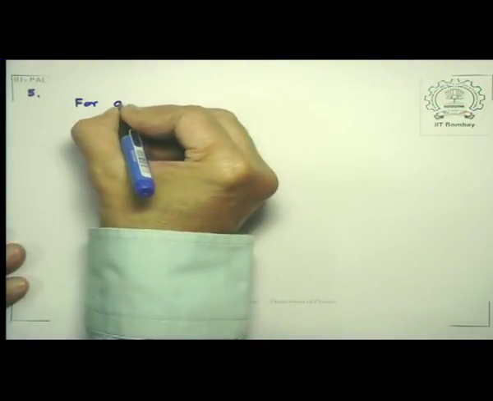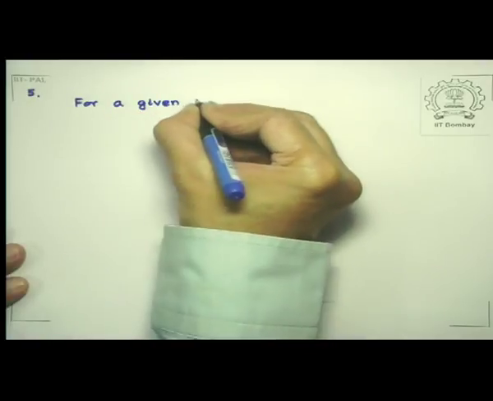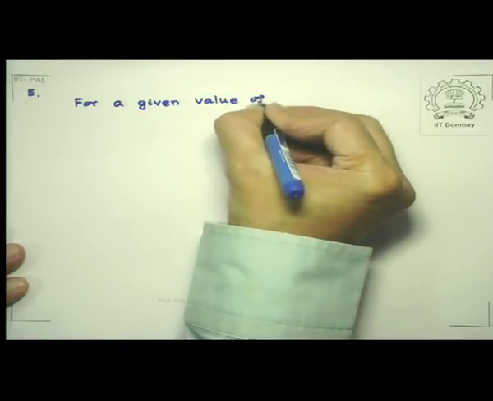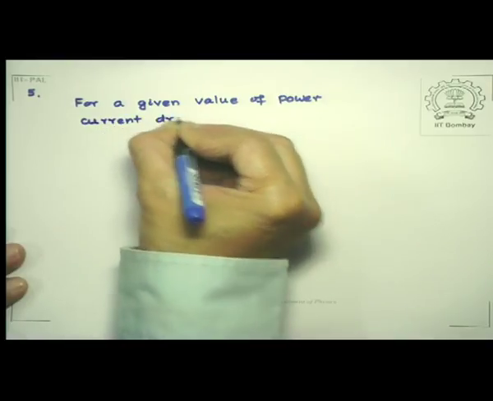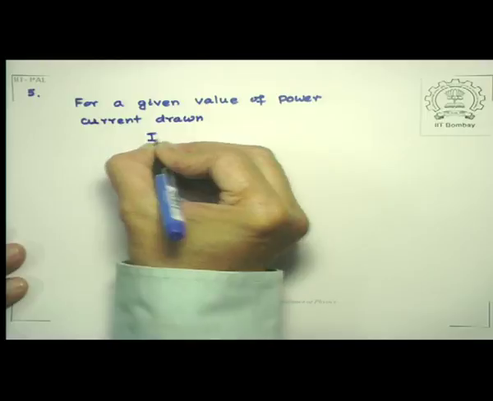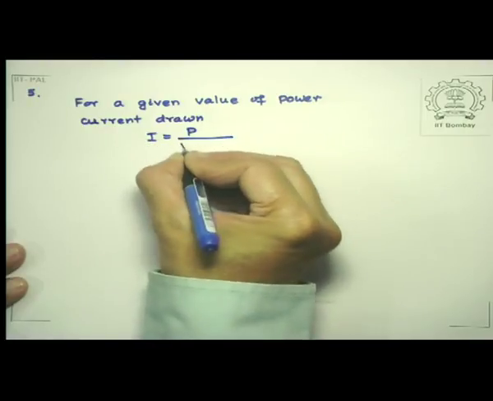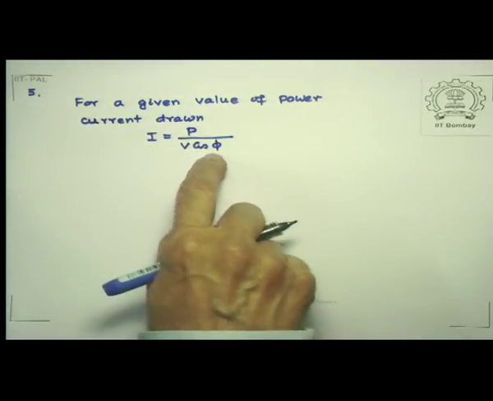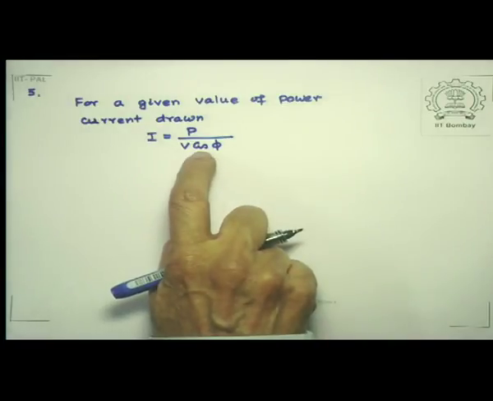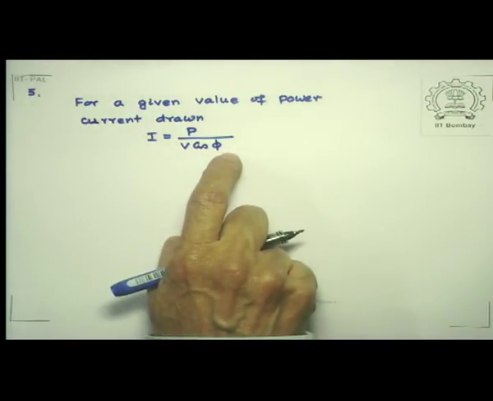Now, for a given power, then, the current that is being drawn from the source is given by P divided by V cos phi. Now, notice what happens. If the value of cosine phi is small, that is, if the power factor is small,